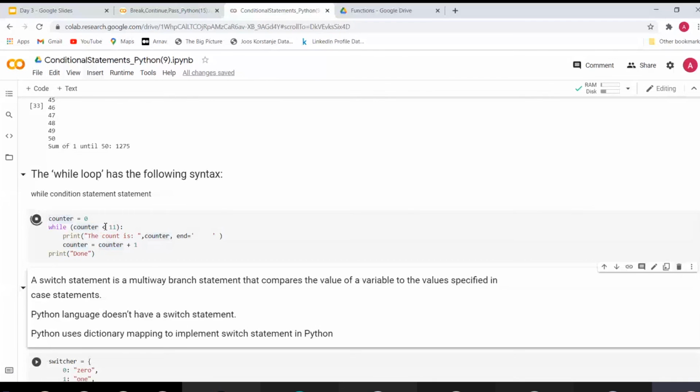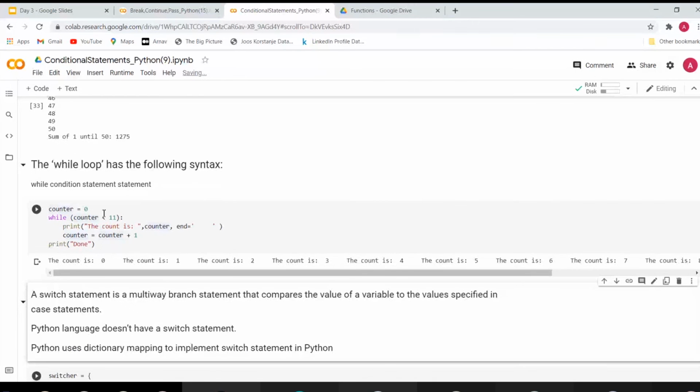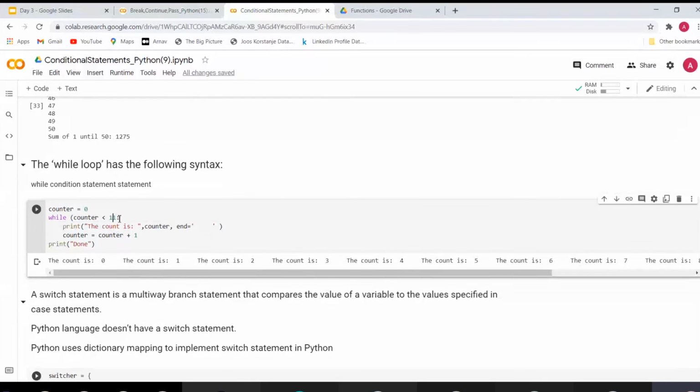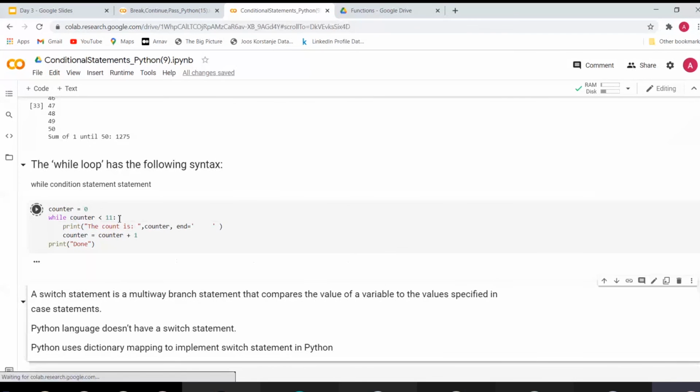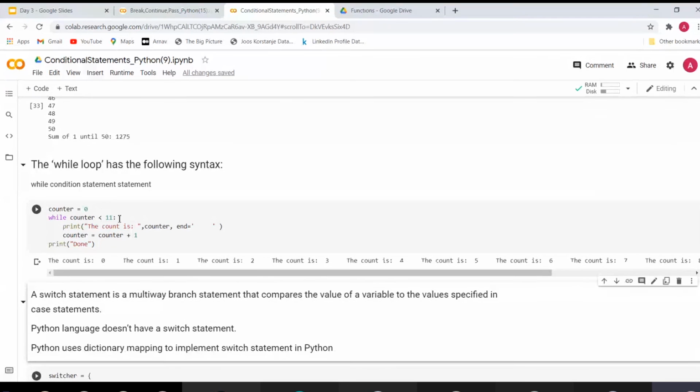Now let's remove them, and the result will be the same again. But it is recommended to use these brackets wherever possible because it gives you a better idea, and it prevents you from making mistakes. Otherwise, if you are using some complex and or conditions, you will get confused if you don't have proper brackets.